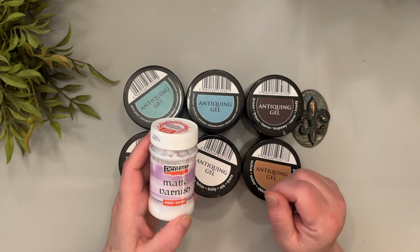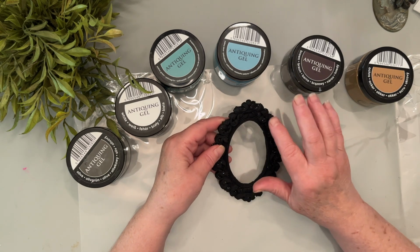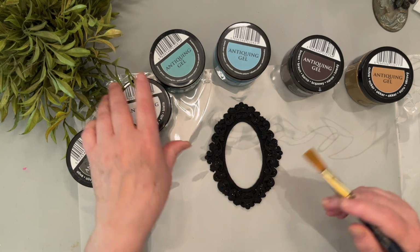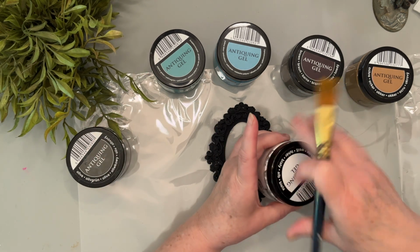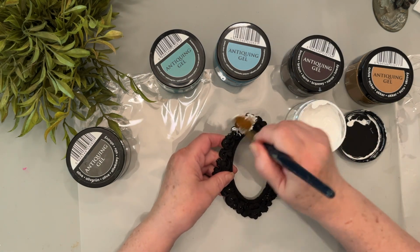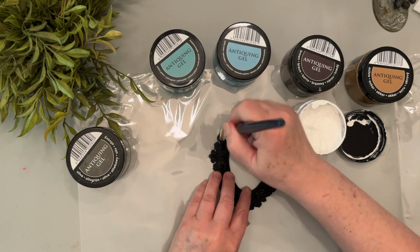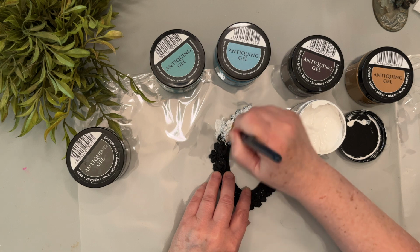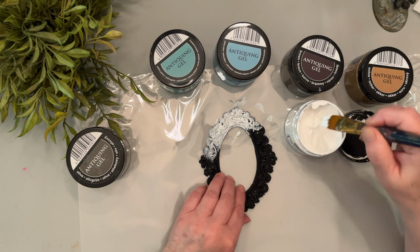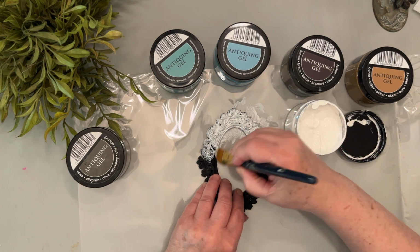I made this frame from clay and painted it in black gesso just to give it a base coat. I'm going to show you what the white antiquing gel looks like on top of the black, and then we'll play around with some other colors so you can see the different effects. I like to use a dry brush, that way you're not watering down the gel. You want to make sure to get it in all of the little cracks and crevices